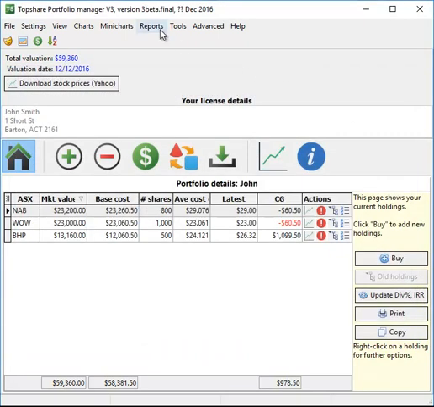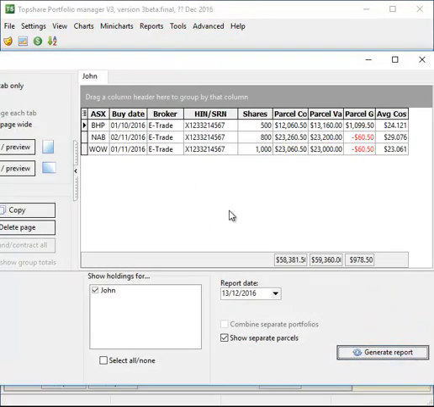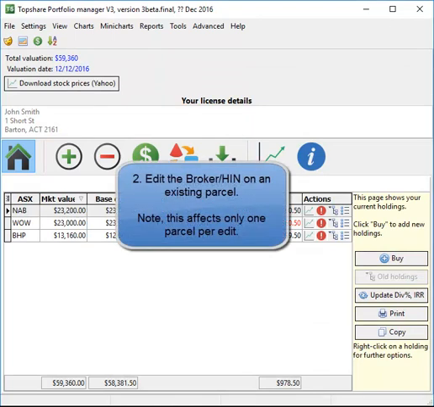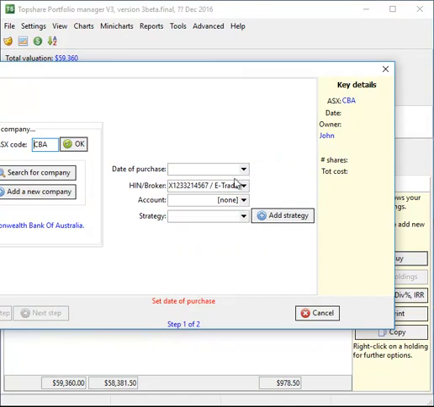And now if we run that holdings report again, you'll see that now we've got the correct broker and HIN associated with each of those 3 parcels. Okay, so the next example is going to be to edit the broker HIN on an existing parcel. So what we're going to do is first record a new purchase, and at the original